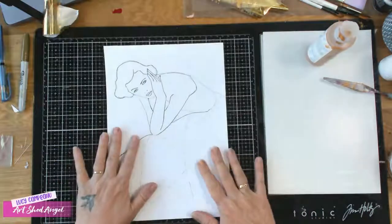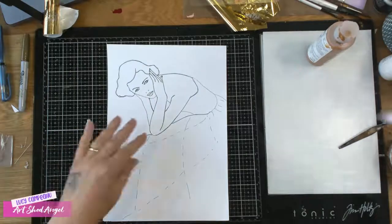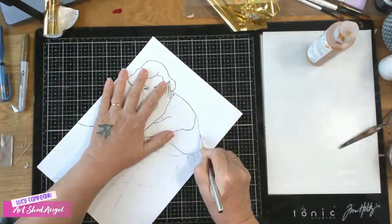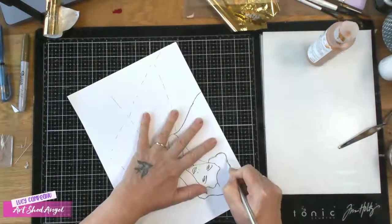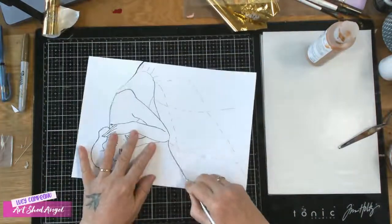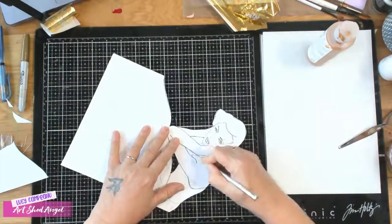The next thing I'm going to do is cut out my picture because I want to be able to do some stuff with her. So I'm just going to cut her out with a craft knife. Isn't the Tim Holtz Media Mat great? It's just lovely to cut on. So just cutting her out,